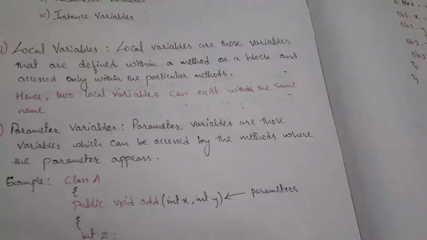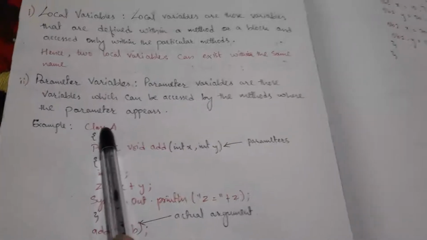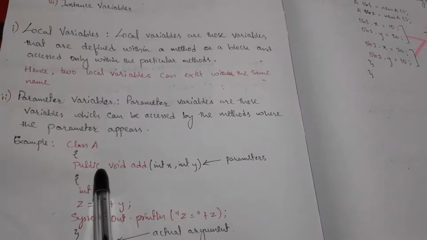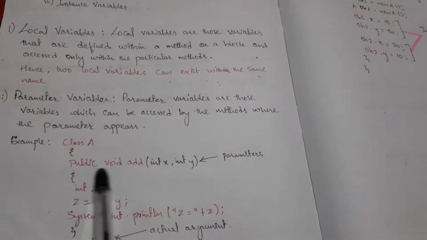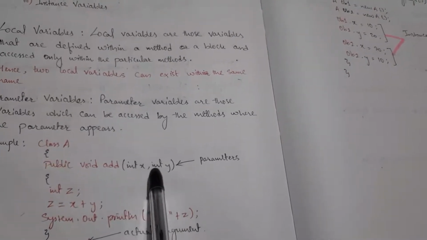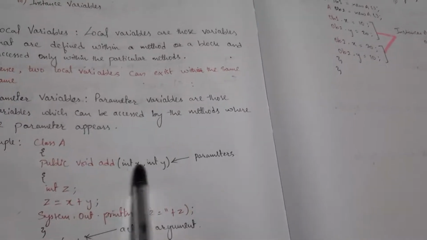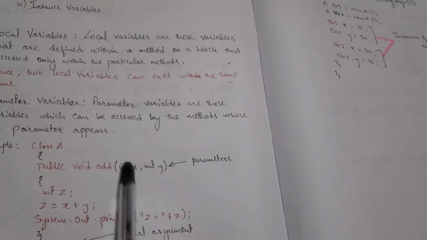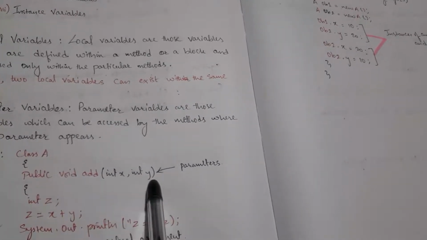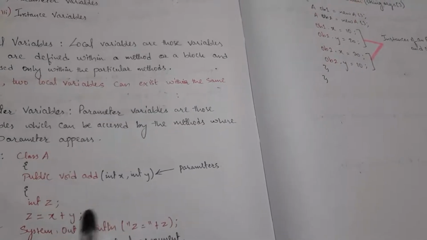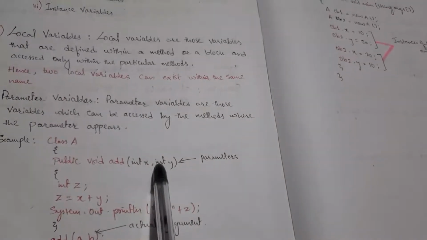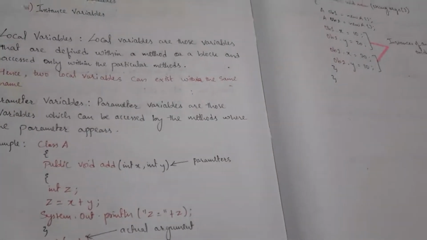So I'd like to explain this portion with the help of an example. So I have defined a class name, that is capital A, and the next step is to define a method. So public void add is written, and inside the brackets what you can find is int x and int y written. So this is a method prototype. So this portion is called as method signature. We have learned in previous classes, if you remember. So this parameter will be accessed there in the method portion. So this is called as parameter variables. Whatever is given inside the list is called as parameter variables.